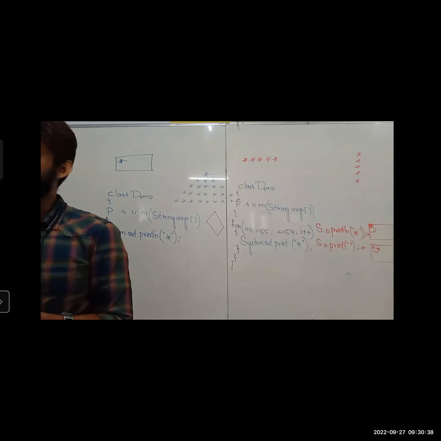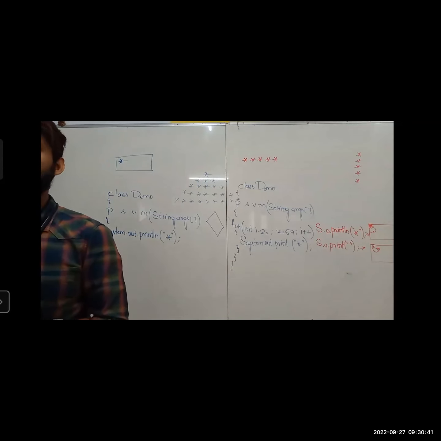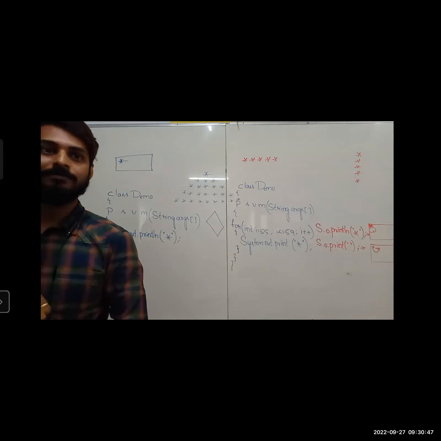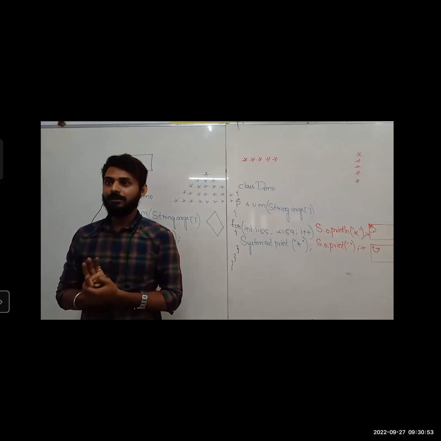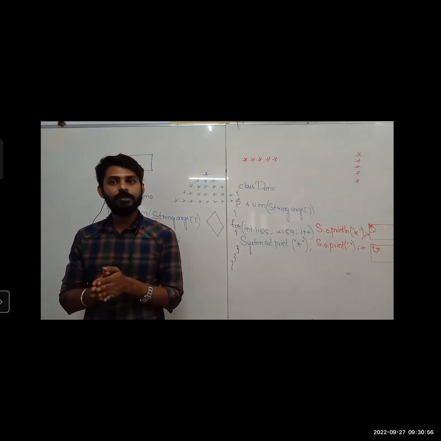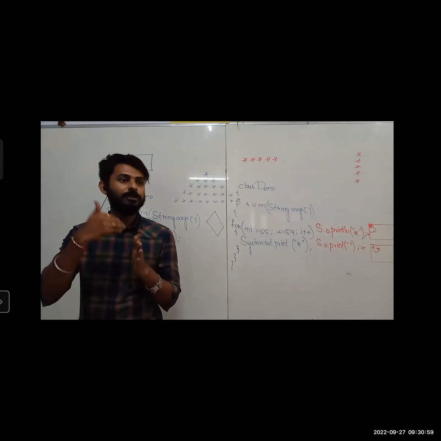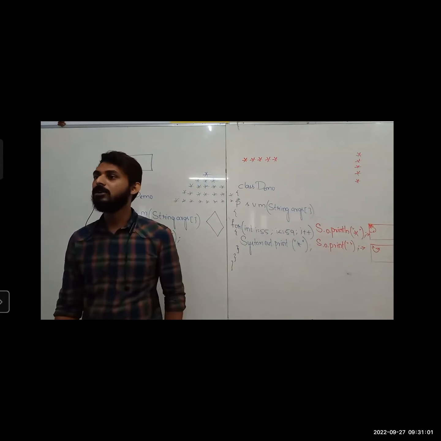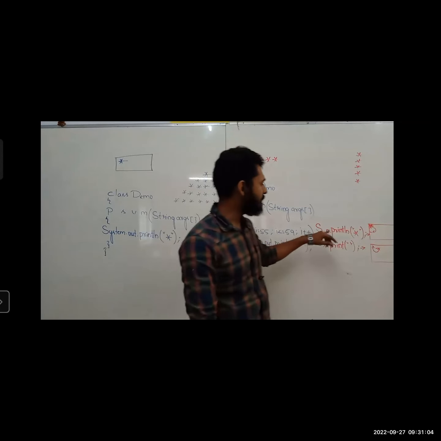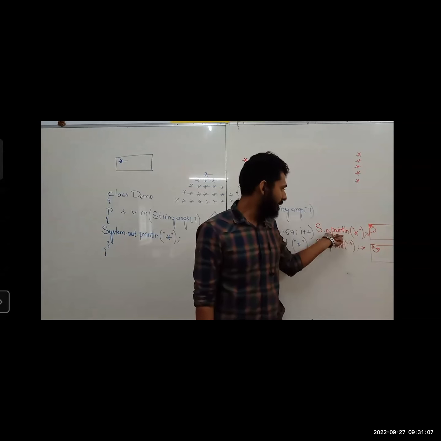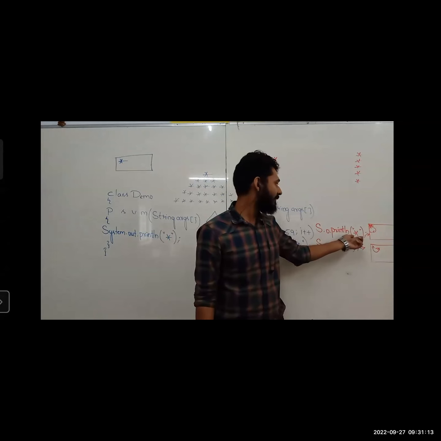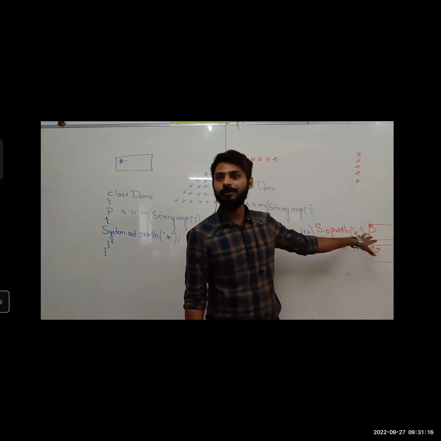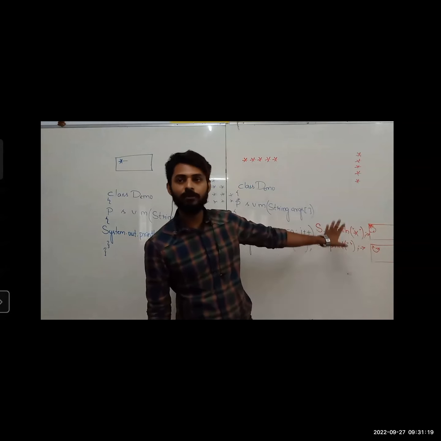All of you know how to prepare Maggi at least? What is the first step? Water. Why water first only? That is the way they have designed it. You should start with water only, then after that you will put the Maggi noodles. Yes or no? They have designed it in that way. In a similar way, James Gosling designed this method in such a way. You should write println first and then whatever you want to print. If they had designed it so that the star comes first and then ln, we would have used it that way. But they designed it this way, so we are using it this way.